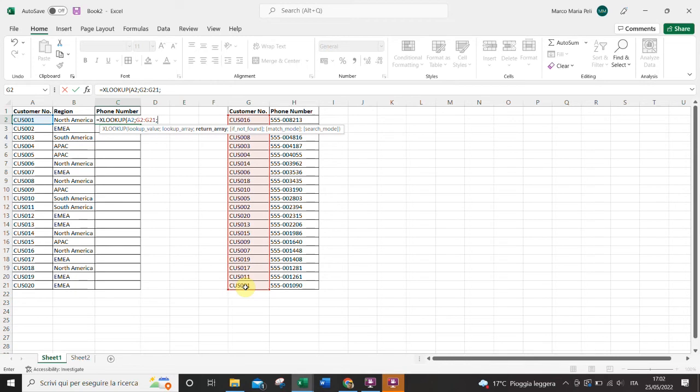And then we can move to the third part of the formula where we have to declare the return array. This is indeed the value that we want to return once the system has found a perfect match. So in this case it's going to be the phone number column, and then with the XLookup formula we can